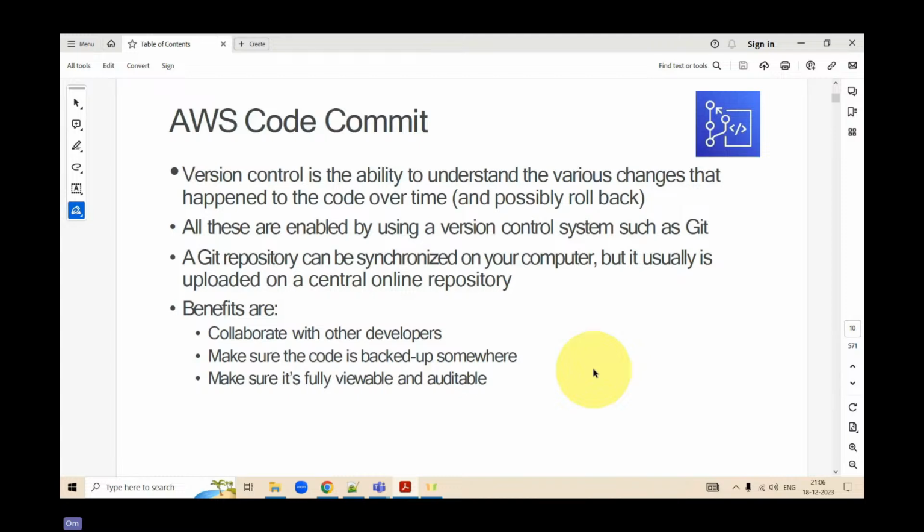So the same thing is happening over here. CodeCommit is nothing but your version control. It is the ability to understand various changes that happen to the code over a period of time, possibly a rollback. What does version control do? It basically checks for all the changes being made in your code over a period of time.